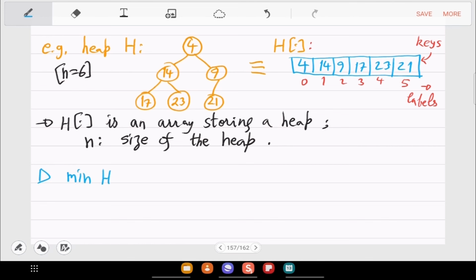And the min of h is, as an array. When you are given heap as an array, then minimum is just h0. Okay, that's the basic heap axiom. So that is done, right? The needed query operation was min h. So in the array implementation, that is simple, you just have to read the 0th element.